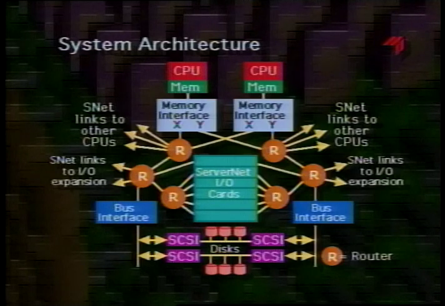The SCSI subsystem is implemented as a dual initiator SCSI so that we can lose one of the SCSI chips and still have access to all the disks. And if for some reason we lose an entire SCSI string, the mirrors are maintained on separate strings so that we can tolerate even a catastrophic failure of a whole SCSI subsystem.